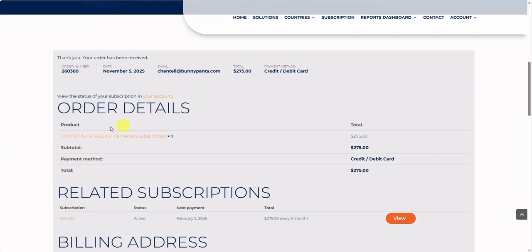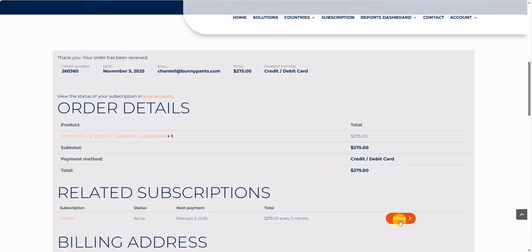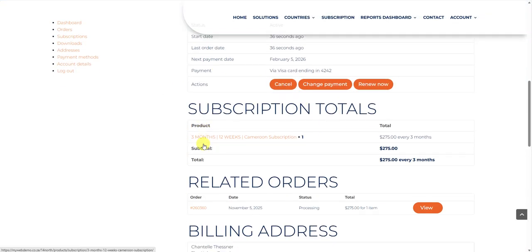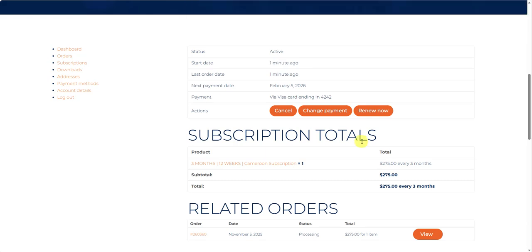Okay, so here's our new order number, then the details. Let's go to the dashboard, and here I can see the Cameroon subscription, and again I can cancel it, change payment, and renew it.